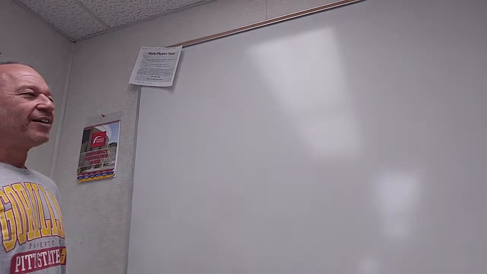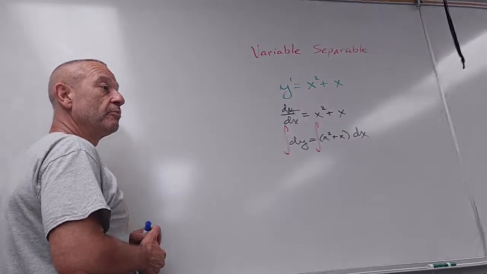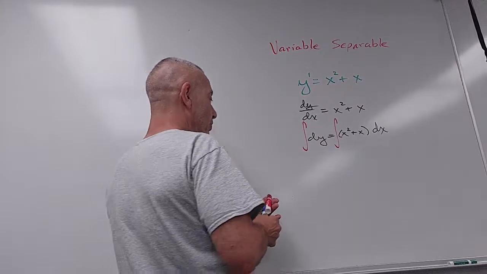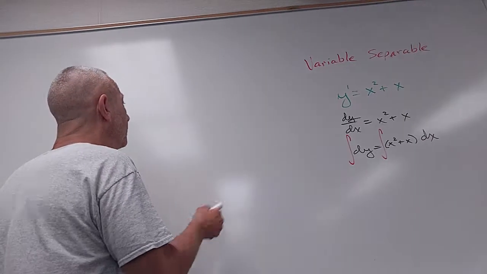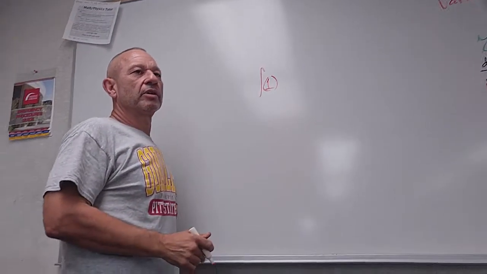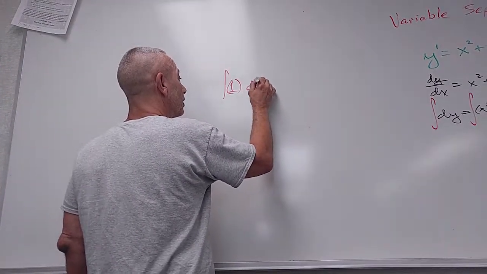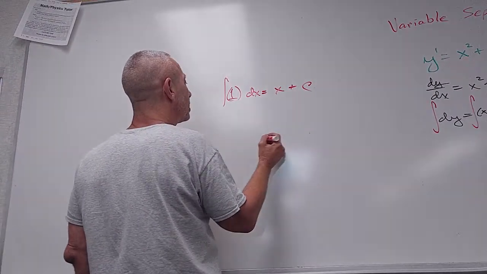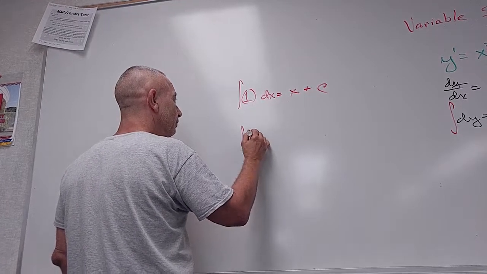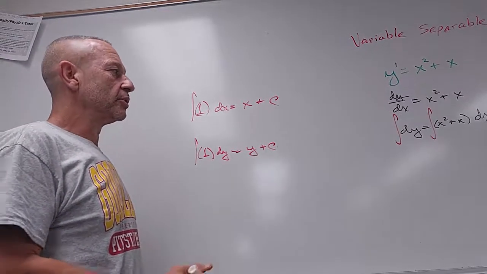One for each. So, on the left side, I'm integrating 1. But what's the variable? If you integrate 1, the question is, well, what do you write? X? Y? Z? That's the purpose of this. It says it's x plus an arbitrary constant. On the other hand, if I'm integrating 1, and it's dy, then I write y plus an arbitrary constant. So here I'm going to write y